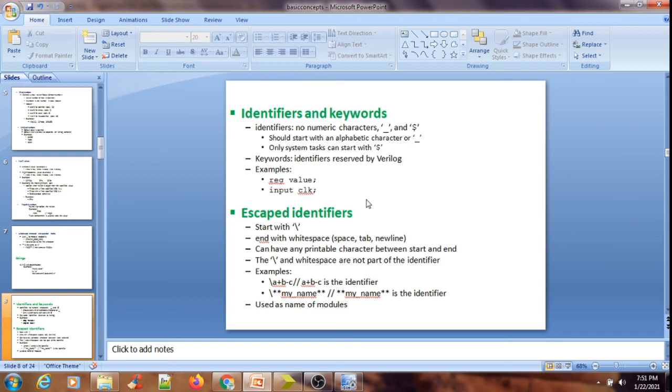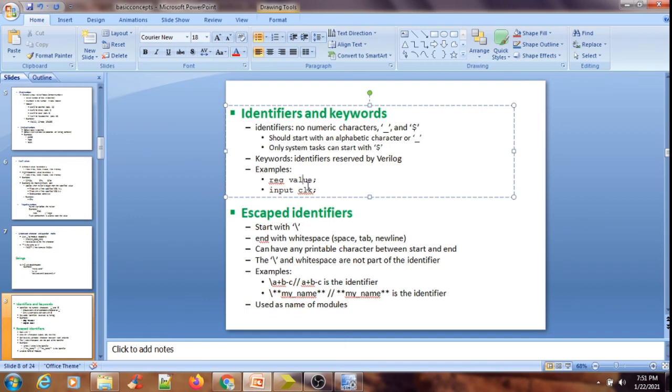For example, if we take this one as an example, register value, value is an identifier, or input clock. Instead of value, let me take some variable, a CPU register or flag. Let me take the flag register.